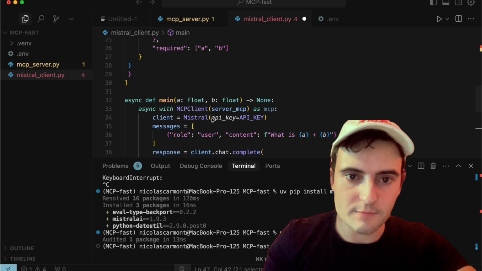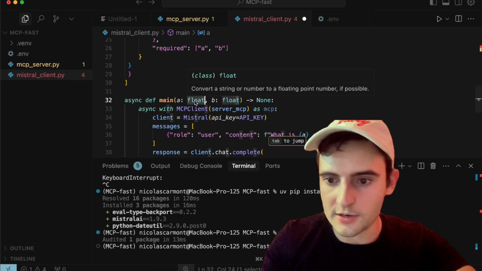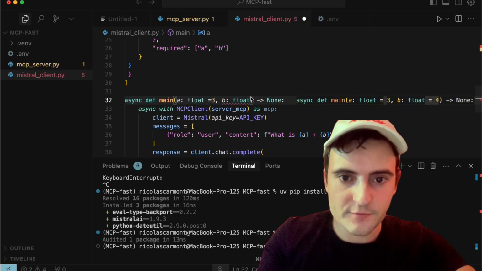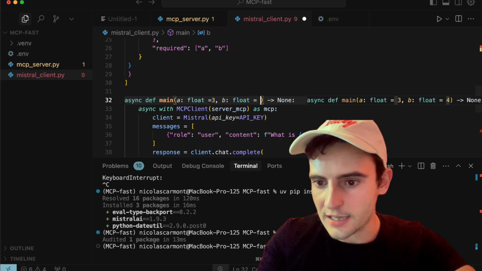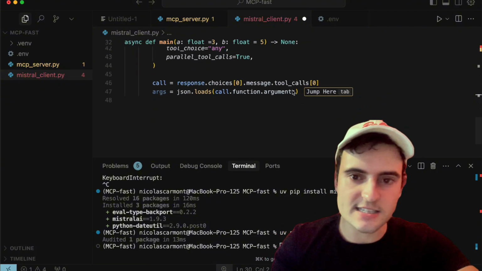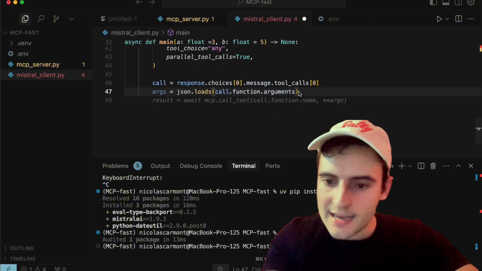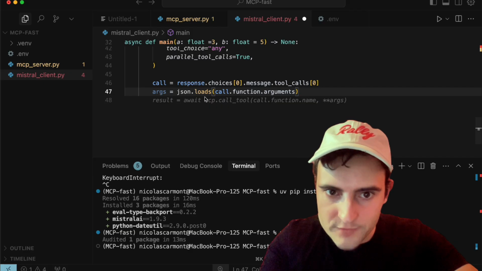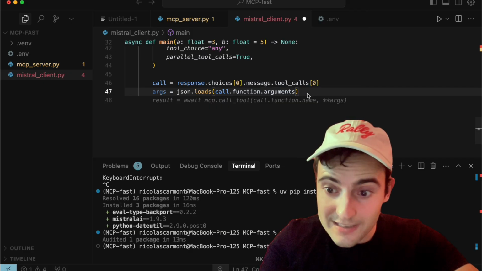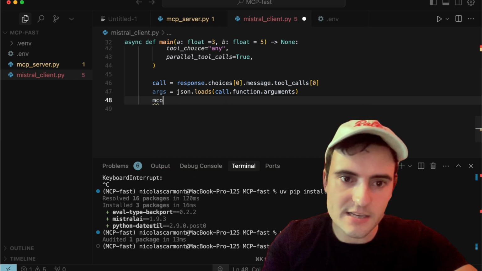And here we'll mock what that is. But here, I'll just write here, for example, 3 for the time being. And here I'll do 5 for the time being, so as defaults, because we're just using this to simulate what it's like. And here in the args, you do json.loads call.function.arguments, and then MCP response